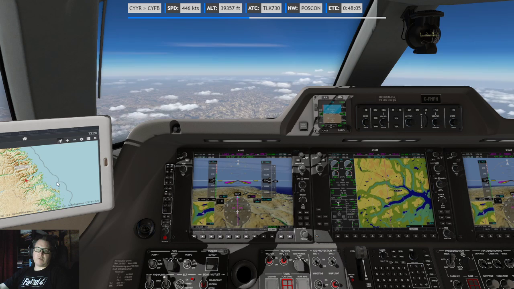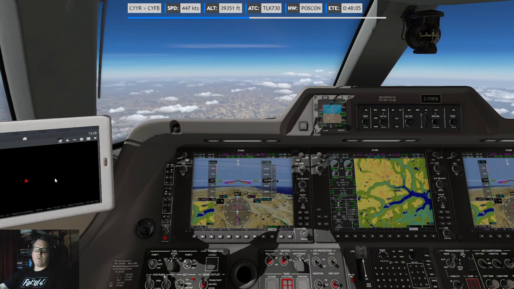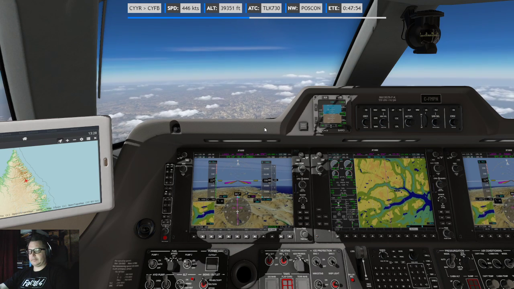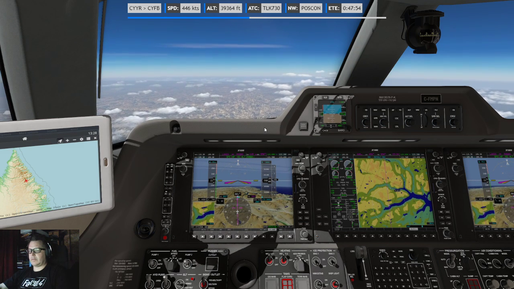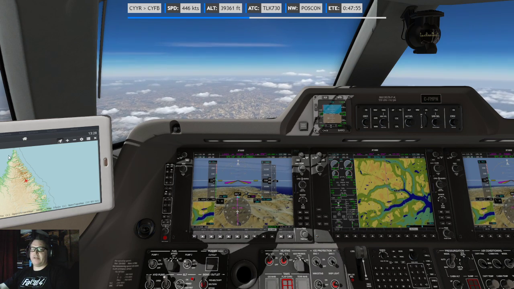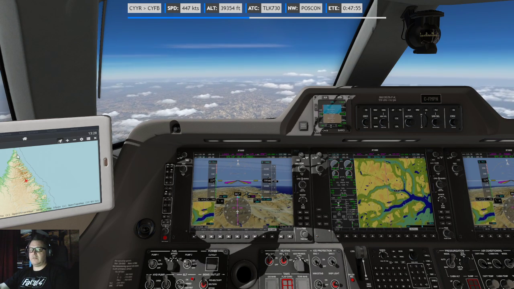Now I'm going to zoom out even a bit more. There you go. Yeah, I think the Rodbo is right at the tip of Quebec. Right here.